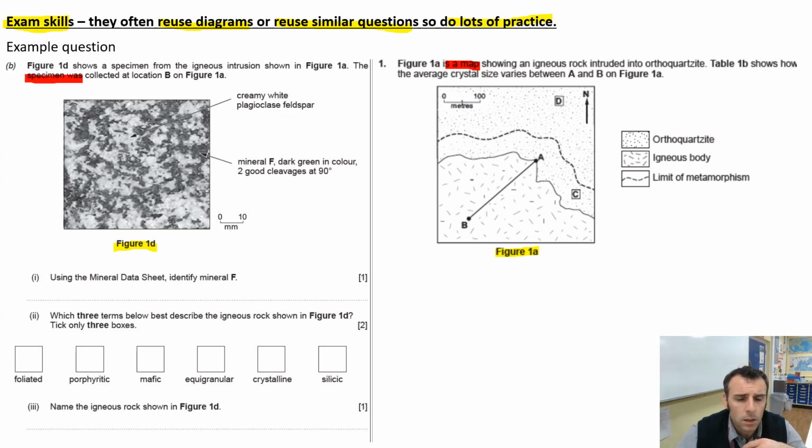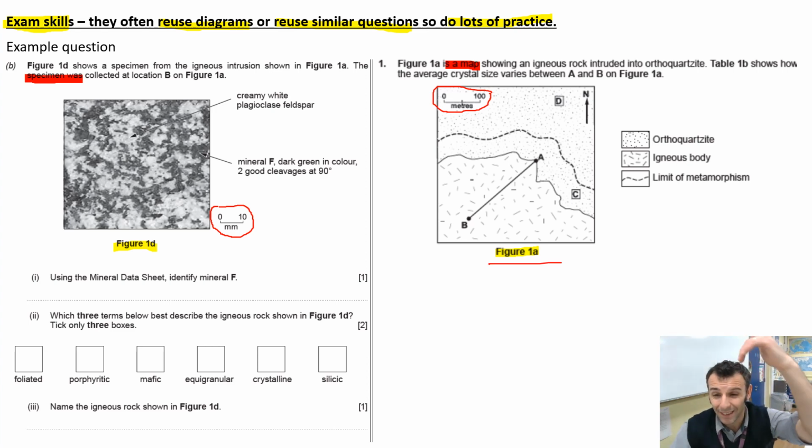So it's from our own point of view, and we've got a nice scale on the bottom as well, which can help us, and this one's got a scale as well, which is always important. But this one over here, figure 1A, is a map view, so we are looking down on that particular bit,